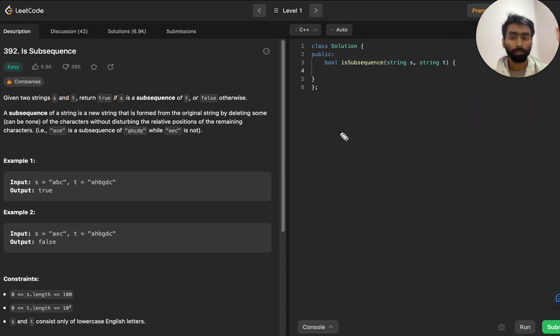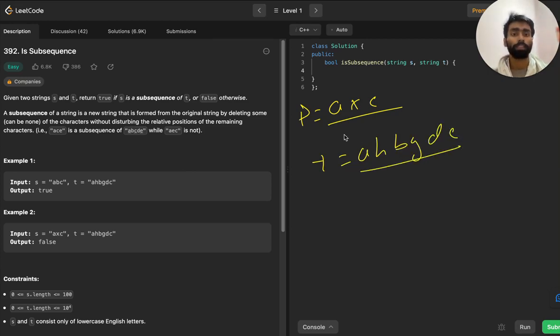But let's take an example where the pattern to be found is AXC and the text is A, H, B, G, D, C. In this case, A exists, C exists, but X does not exist. So this is not a subsequence.